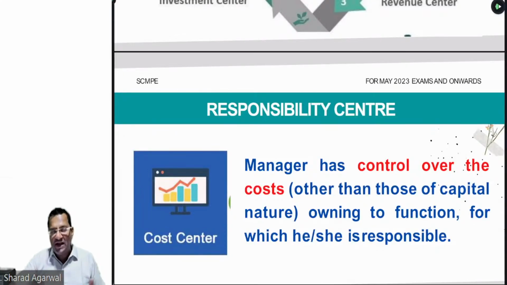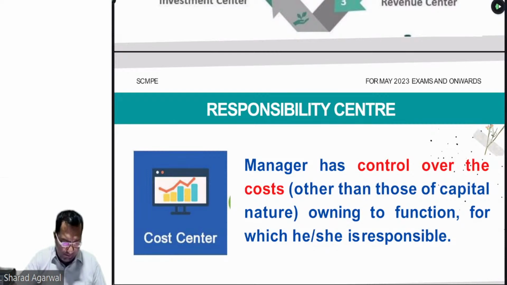Okay. The second example I want to give regarding the cost center is regarding Maruti Limited. Suppose Maruti Limited has different departments. One of the departments is doing the painting work. जो कार में पेंट होता है वो डिपार्टमेंट वर्क करता है. So that department has nothing to do with the profit or revenue of the organization. The department's work is only and only to control the painting cost. What has been incurred should be compared with, based on the output, what should be the standard cost.